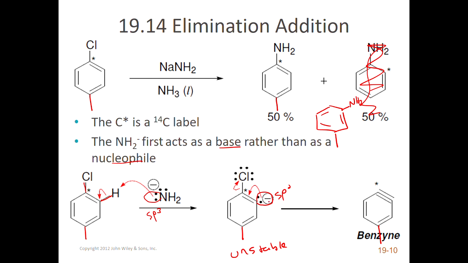So once that forms, as we said, it's quite unstable. It's going to shift in there and push out the leaving group to create something called a benzyne. And if this looks crazy to you, I'm in agreement. It's a crazy looking thing to try to form a triple bond in a six-membered ring, right? Because a triple bond should have a linear geometry. God, I can't write today. It should have a linear geometry